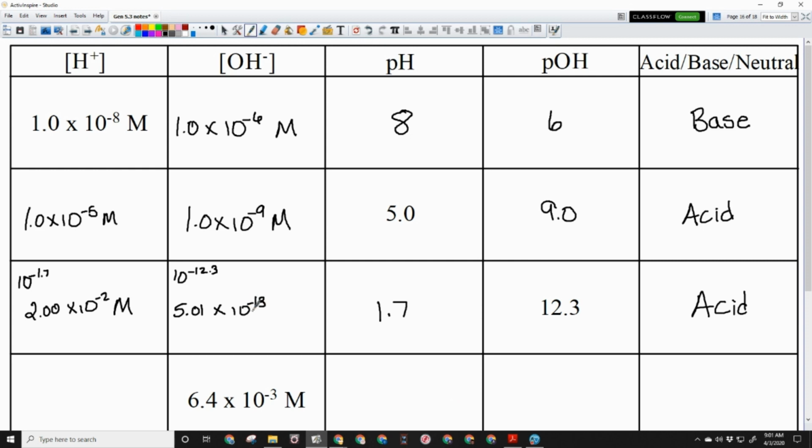Okay, because these exponents can't be decimals. Think about that. You can't move that, because this tells you how many times to move the decimal, right? So we're going to move the decimal 2 times to the left because it's negative, anti, so it's left. So we can't move the decimal 2.5 times. You can only move this decimal whole numbers of times. So these have to be whole numbers. Okay, so that's why, when you have a decimal as your pH and pOH, you're getting these numbers now that are not 1.0. Okay,